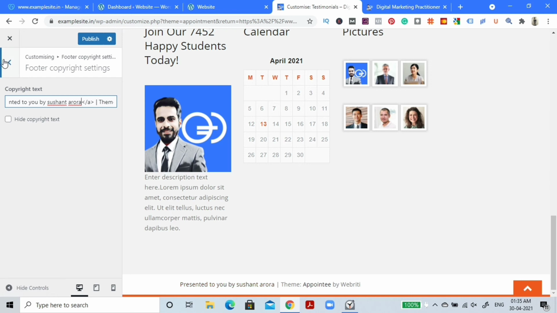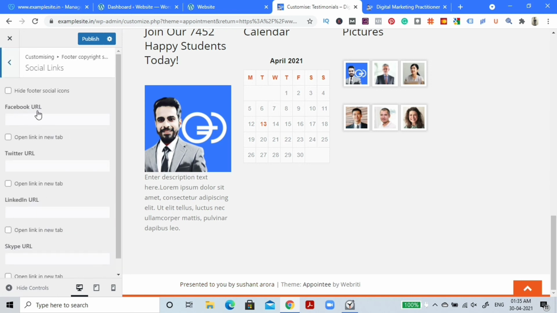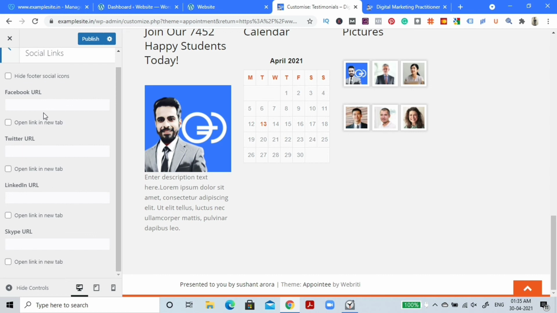Now click on back. Now click on social links. So this option is also showing us the option of showing social links, but make no mistake, this option is meant for the footer. That means if we wish to show the social icons, social profile icons in the footer section, we need to add our URLs in this section, right? So you can add all the URLs and all of that stuff, and it's going to show it.